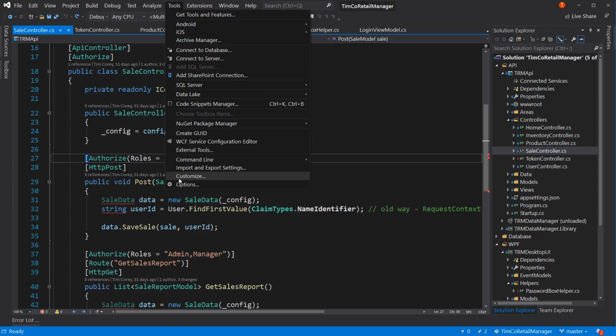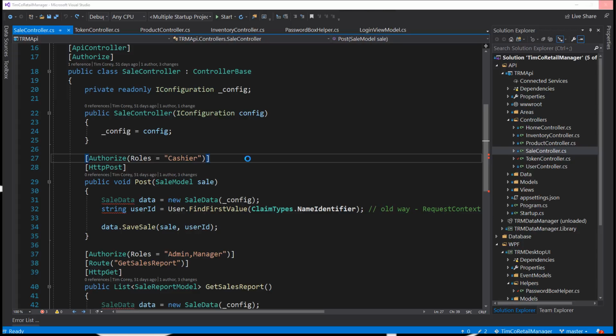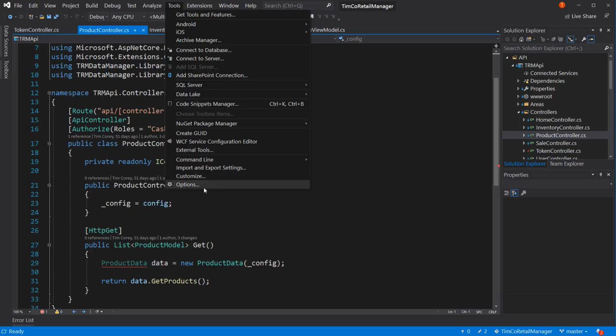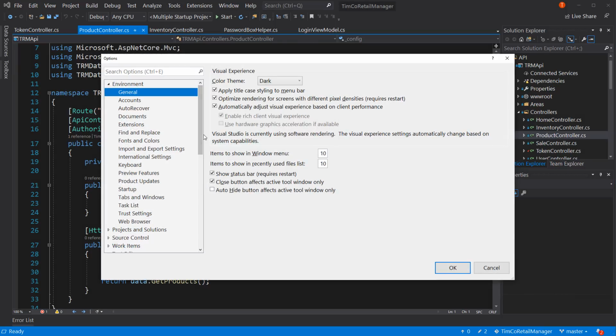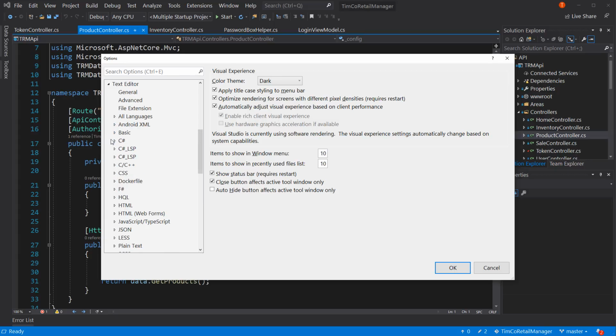Let's go back to tools, options, and once this opens, it's going to take a little bit, evidently, but we can change it back and say, you know what? That's actually a warning. That's not really a big deal. Now, it actually crashed my Visual Studio right there. So let's try that again. There we go. So now we can come back to our text editor, C#, code styles,